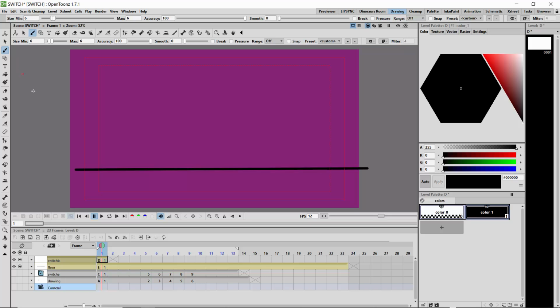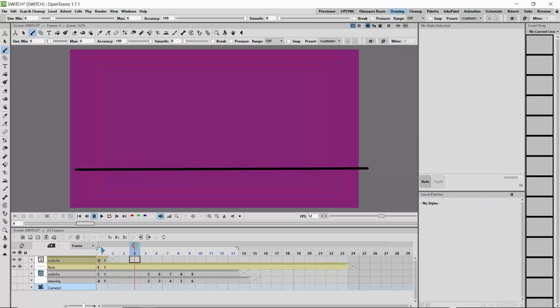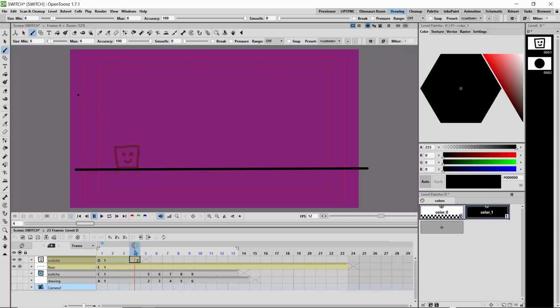I'll go back to the brush tool, and let's start drawing our little shape. We want to morph our shape from a square to a star shape, so I'll just draw a nice little square, and just to give it some character, I'll put a face on this square. I'm going to hold this for 2 frames, so I'll skip to frame 4, and once I start drawing anything on 4, you can see it's held that main drawing for 2 frames, and we are on 4 already. And what I'll do is squish this guy down like that,